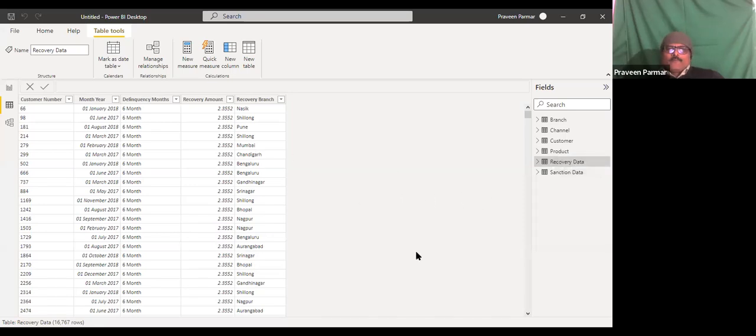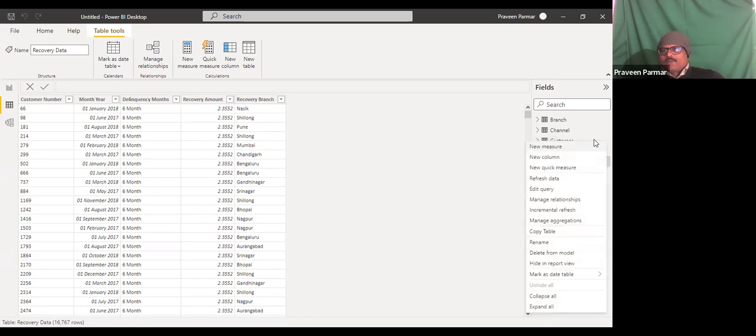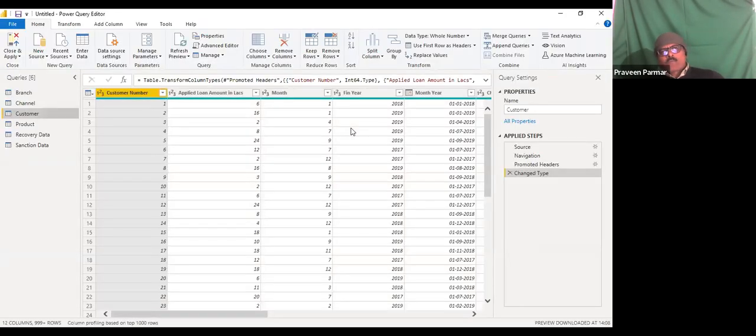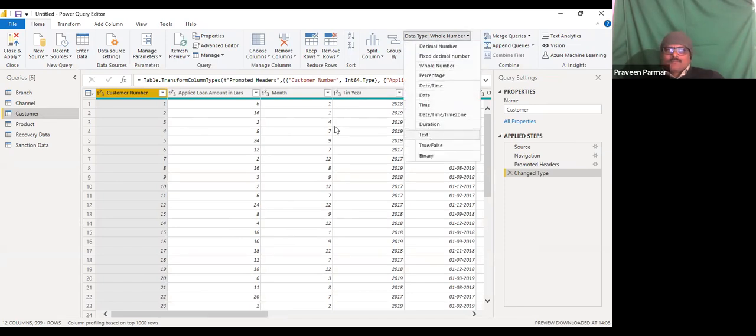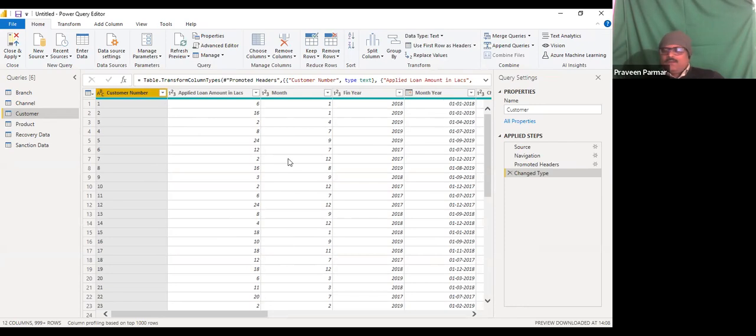Now, I want to do the same thing in the customer table. Edit query. I will get again a pop-up window. And here also I will do the same thing for this column. I will convert this to text. If you want to keep it in numeric, no problem. That's not a problem. But I have to show you some sort of thing. We could also do it with text. If your ID is in the text format, no problem. And that is only for the reference. Okay. Apply non-amount legs in the integer format.